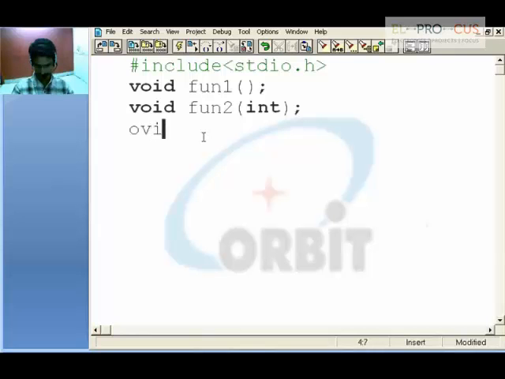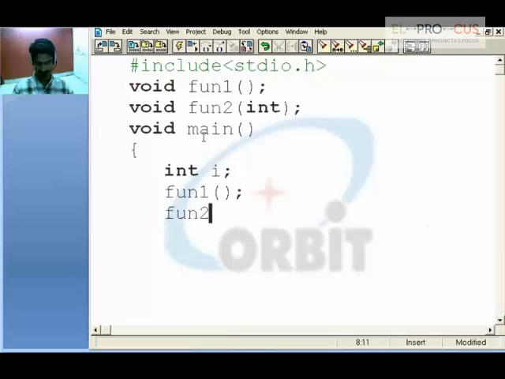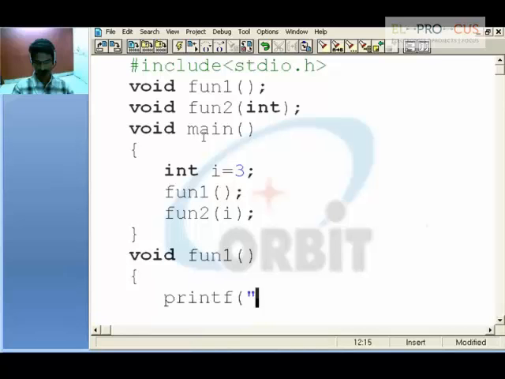Void main, and here integer i, call the function 1, call the function 2, and pass the variable i. If i holds 3, pass it to i. Now say in void function 1, you can simply say printf in function 1, that's it, and in void function 2